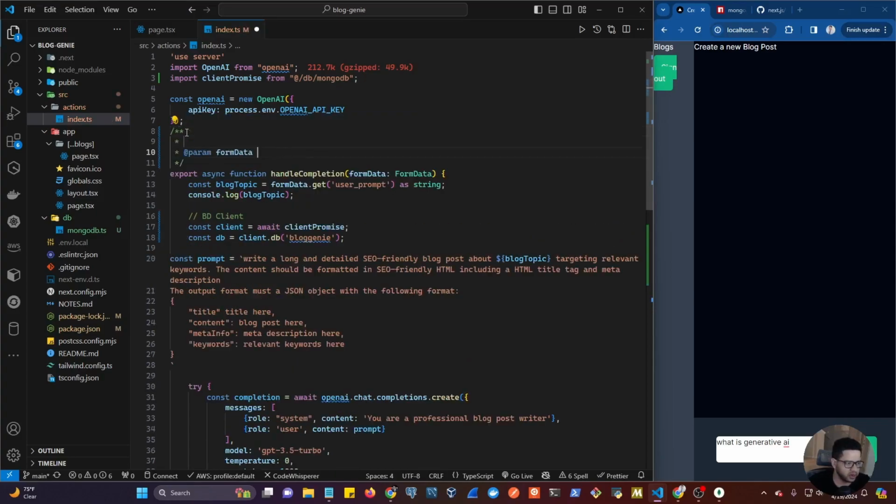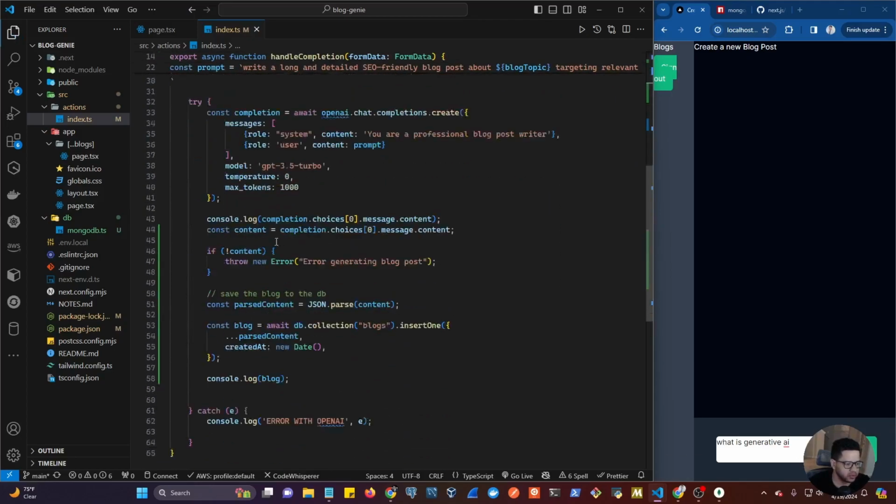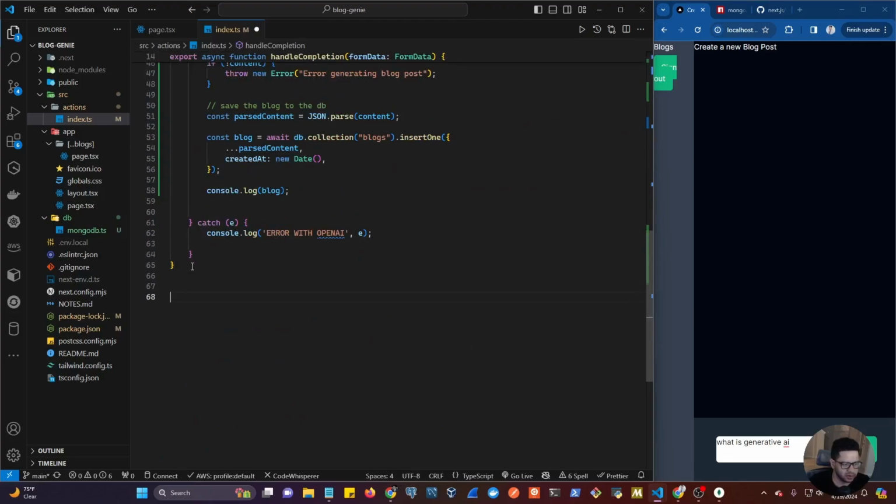/**, so we can add the information here, handle completion down here. And now if we scroll down to the bottom, we can put everything here because maybe everything could fit in a single file, but you can have multiple files in here and just export your server actions from separate files. So in here, we want to create a new, let's say /**, and we're going to do a